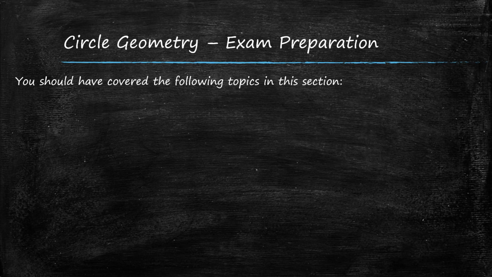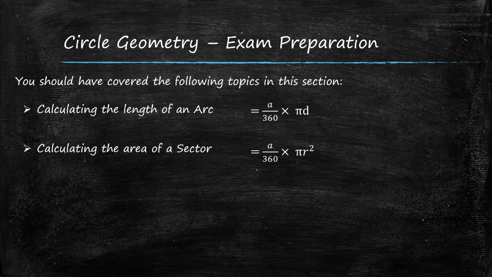Circle geometry exam preparation. By now you should have covered the following topics in this section. Calculating the length of an arc, the formula for which is a over 360 times pi d, where a is the angle of the sector or the angle at the center of the circle and d is the diameter. Calculating the area of a sector, a over 360 times pi r squared, as pi r squared is the area